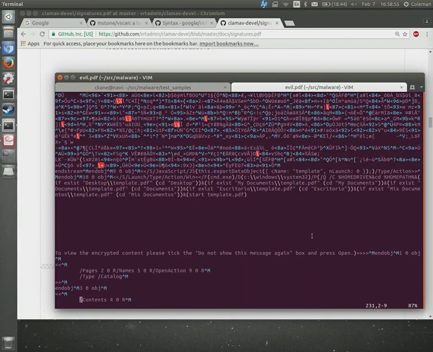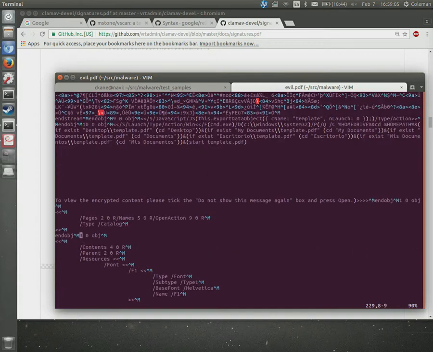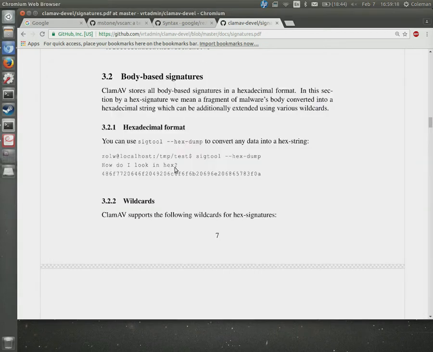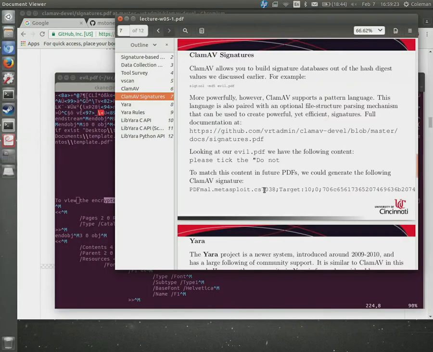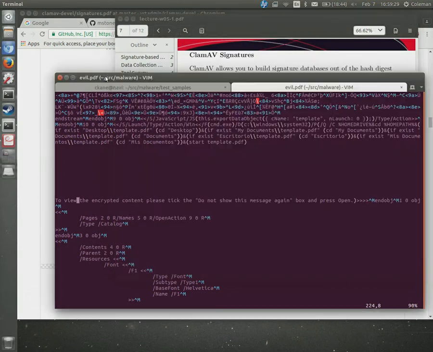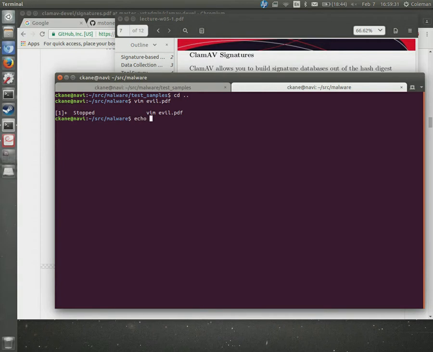But the one thing in here that doesn't seem to be translated very well, or doesn't seem to be translated in two languages, is actually the dialog box text that gets popped up right here. So what I thought I'd do is just grab part of this text and make a really simple signature out of it for ClamAV. So what I ended up doing was the same thing they did here, except I used the hex dump tool. So if I go back here, what I can do is grab this text, and then I can